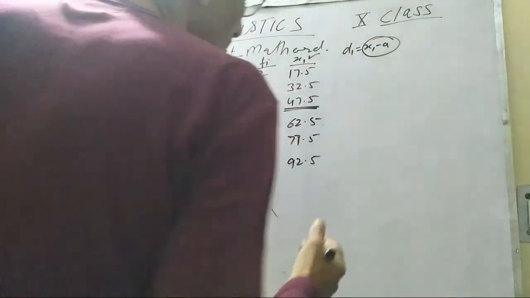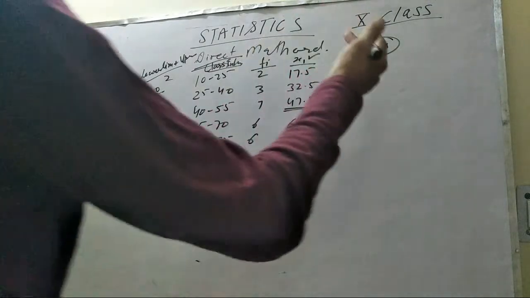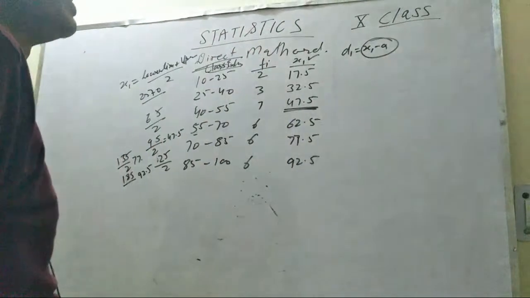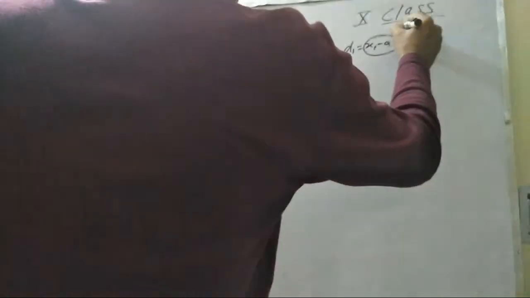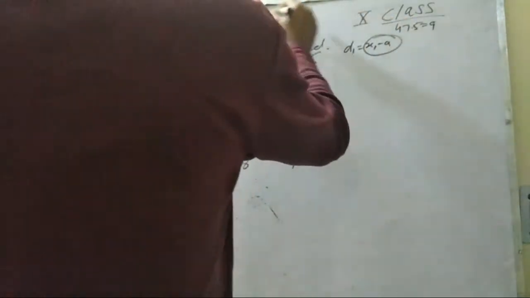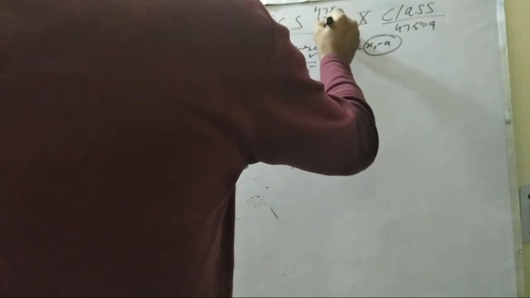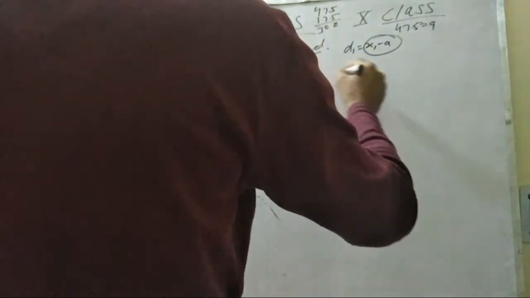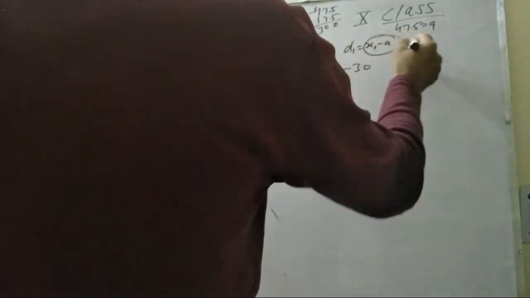That became minimum 10, and we take other number also for a, but we take that this number became easy to multiply. So we take 47.5. 47.5 is equal to a, and this a minus, इसमें देखिएगा, 47.5 माइनस 17.5 यानी कि ये आ गया 30, ये माइनस का है, तो ये माइनस 30 हो जाएगा।